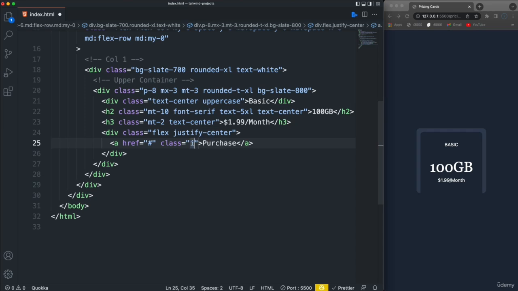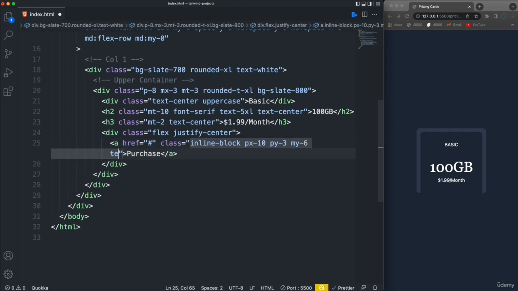All right, so first of all, let's display it as an inline block. Let's do padding on the x-axis 10, padding on the y 3, and margin on the y 6, and text dash center. We'll have a border and the border color, which will be, let's do violet. We'll say violet